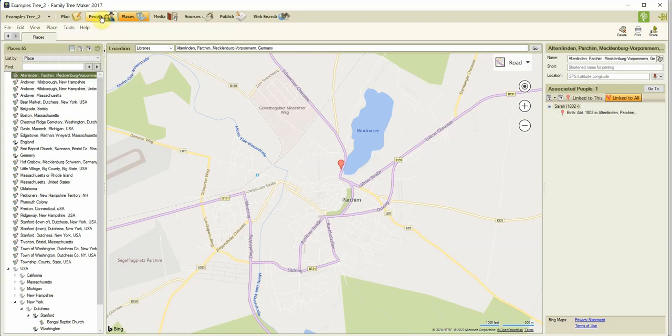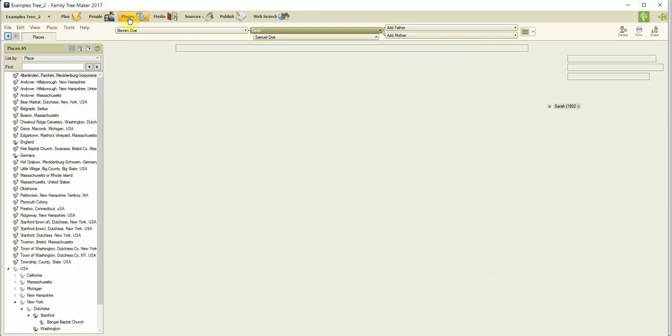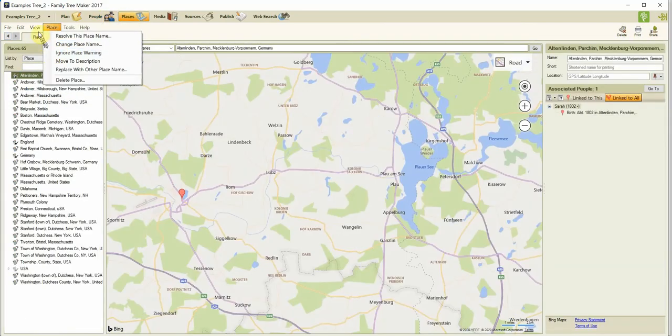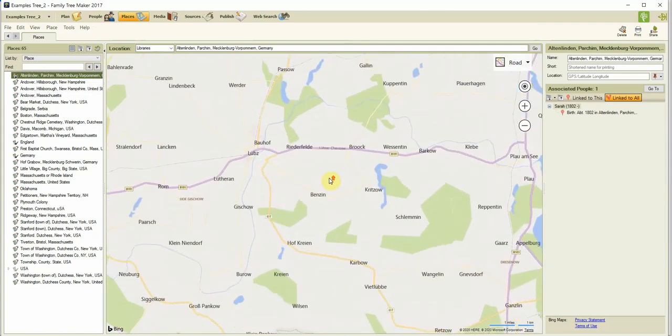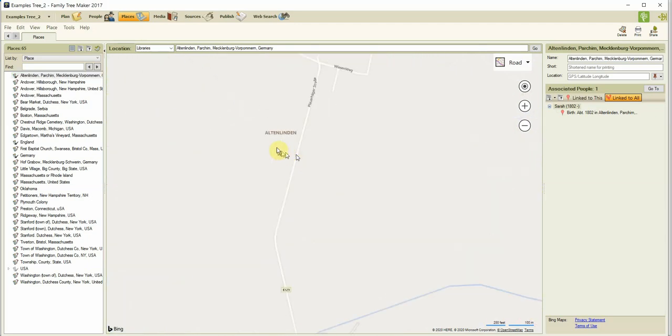So as an example, I have the village of Outlinden. Research tells me that it was, at the time of this person's birth, named Hof Malkow. And these are the GPS coordinates. Back in Places, we're going to tell it to ignore place warning, and our icon changes to a check mark instead of a question mark. Then on the map, we're going to locate Outlinden